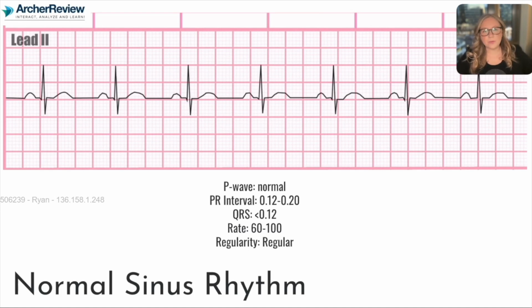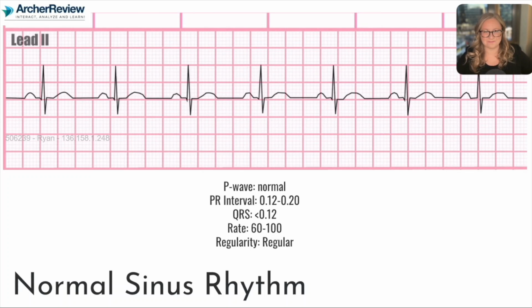And this is what we expect most of our clients will likely be in. Everything is functioning normally. Their atria are contracting and sending blood to their ventricles, and then their ventricles are contracting and sending blood out to the body. The electrical activity is flowing through that electrical highway exactly how it should. So remember, when you check all 5 of those things in order and all 5 are true, you have normal